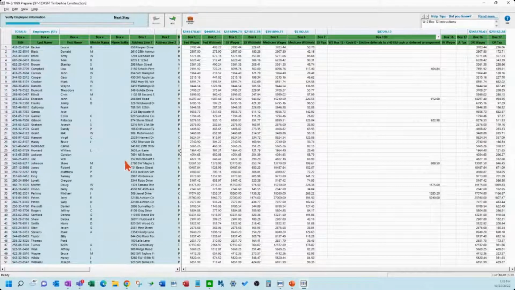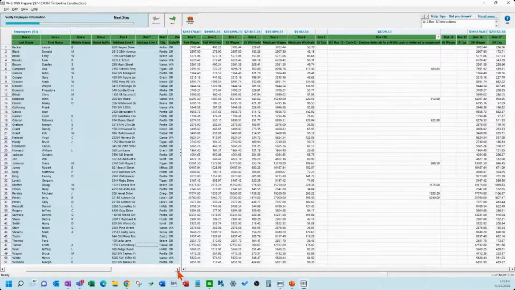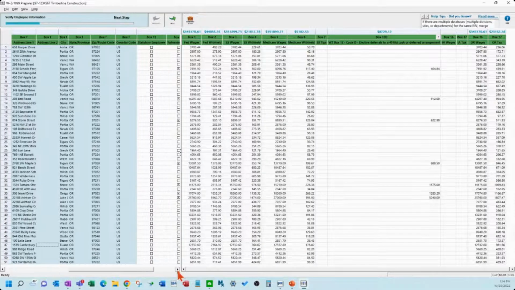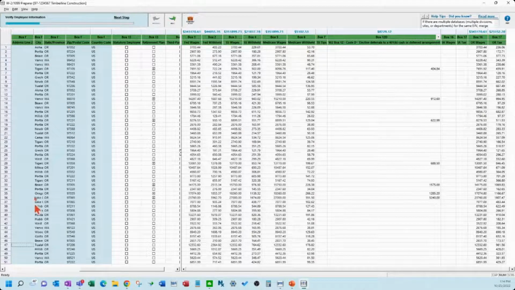Okay, so you probably just want to make sure everyone's got an address. If you know someone moved, you want to double check their address, for example, came through correctly. But this all pulls from the employee record in the setup menu in payroll. So you just want to make sure everybody's got something filled in.